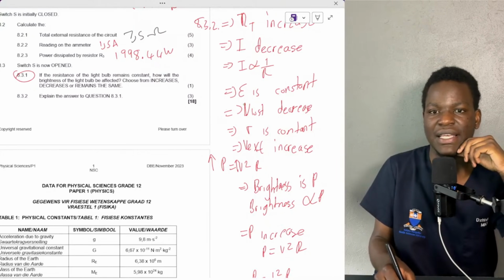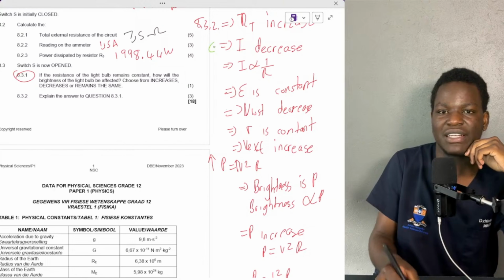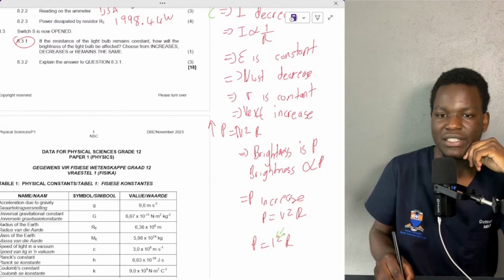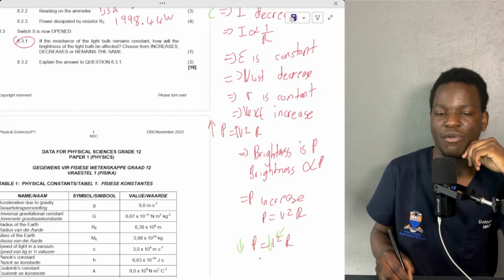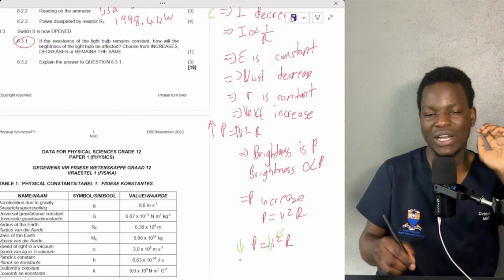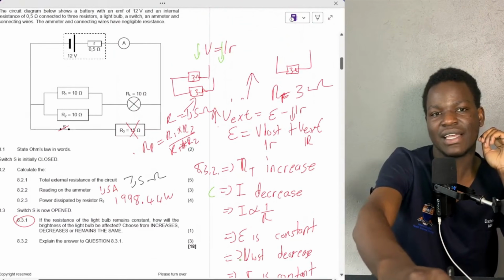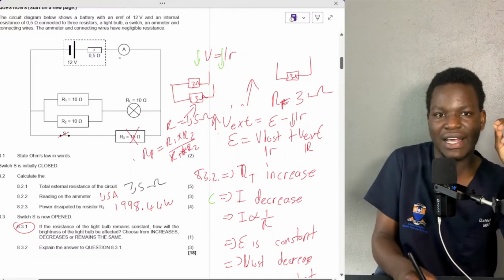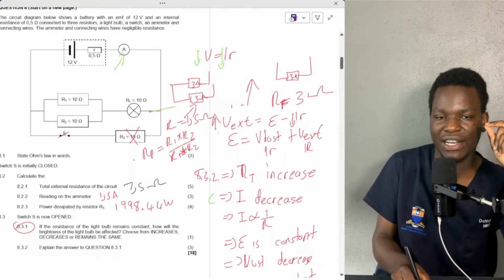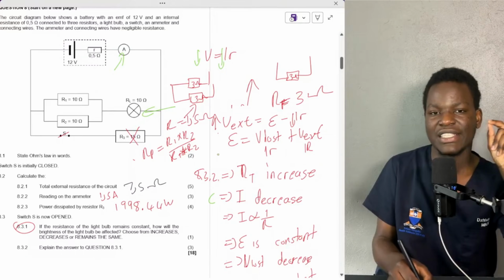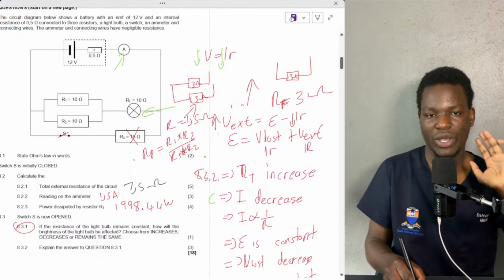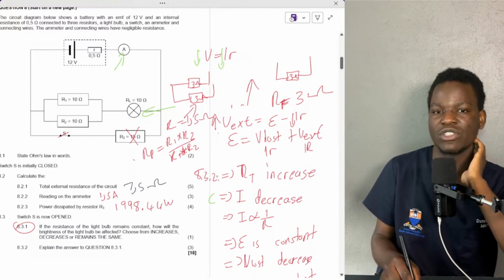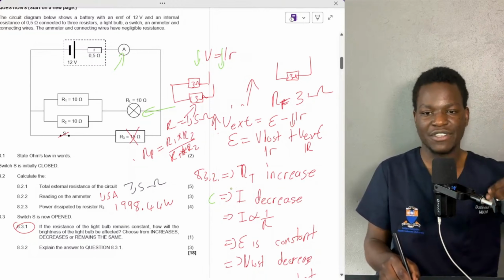They make the mistake here. They say, if the current decreases, oh, because the current has decreased here, therefore power decreased. No, no, no, no. What is this current? This current here that we see up here is the total current, not the current across this bulb. That's why we are not supposed to conclude from this step that, because total resistance has increased